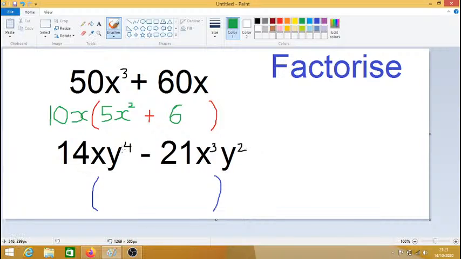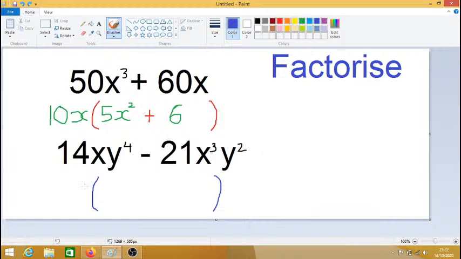Second one, notice how I've left out most of the working that I was showing you before. That was really just so you understand what's going on, but once you realize you just need to pull a common factor out to the front, that can really be done in your head, and then what goes in the brackets to use that common factor to multiply with to make the numbers you had at the beginning. That again can be done in your head. It doesn't really take too much writing down. Second one,